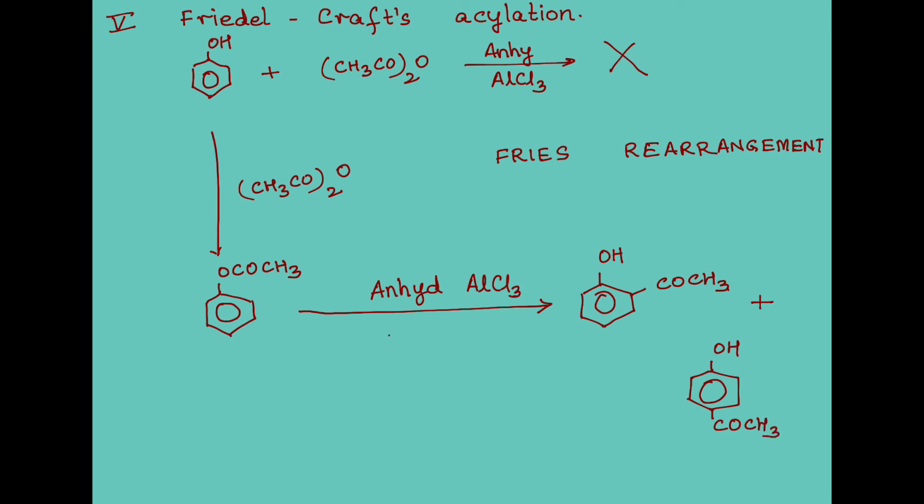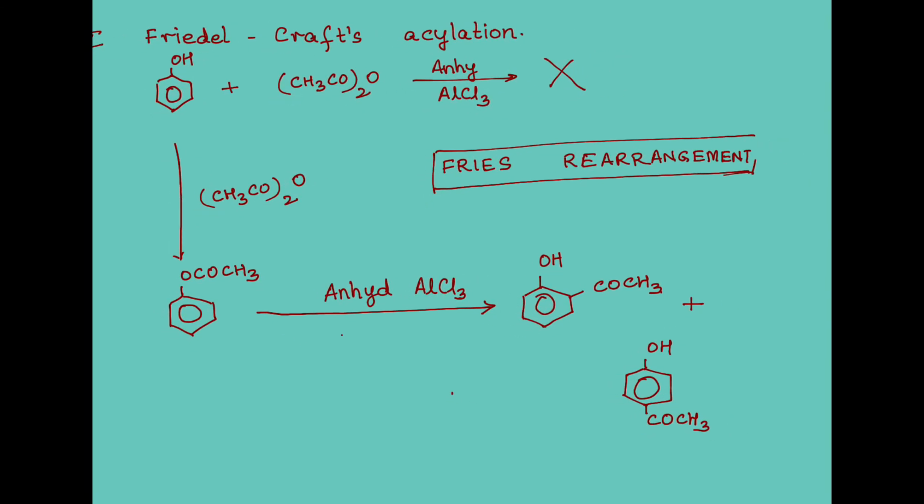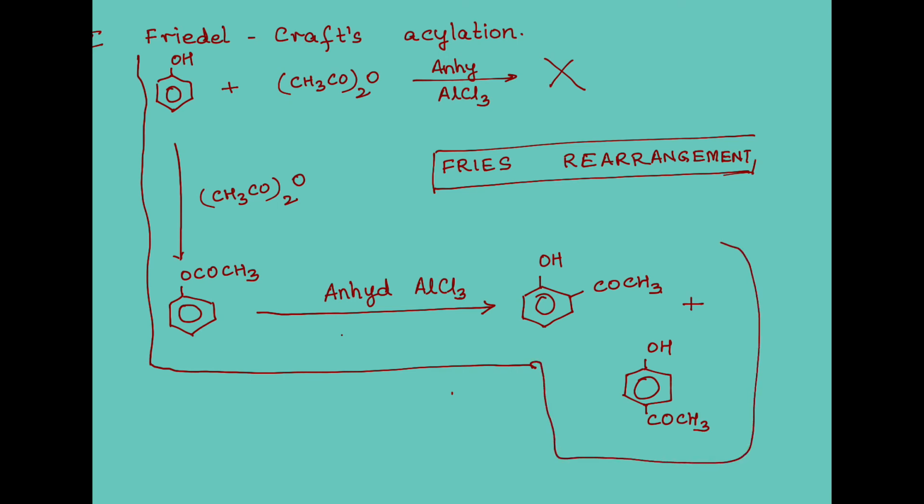Now comes the question. So what is this arrangement known as? This is known as Fries rearrangement. That means rearrangement within the molecule. We are not introducing any new atom or group. Simply the atoms are rearranging themselves within the molecule. And which one is our Fries rearrangement? Phenol being treated with acetic anhydride followed by heating with anhydrous AlCl3. This entire set of reactions, oh look at the maze that we formed, is known as the Fries rearrangement.